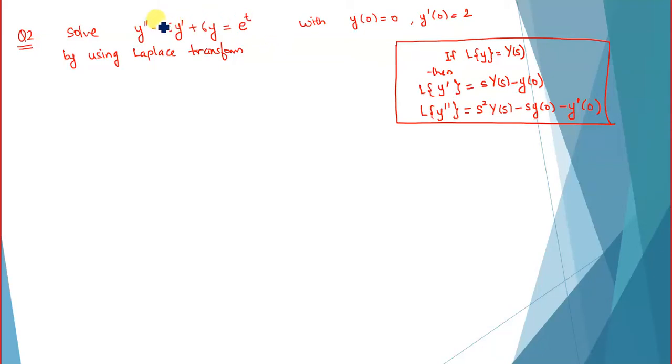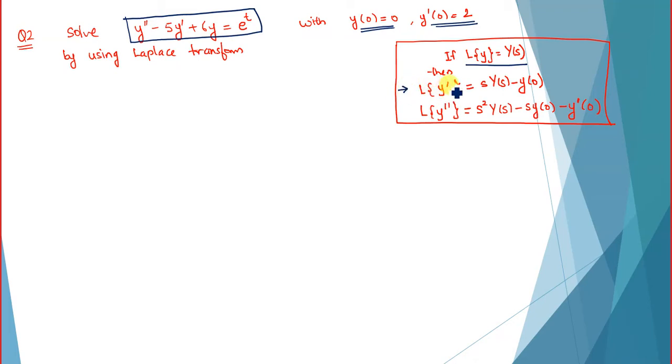So now I will explain how to solve the second order differential equation by using Laplace transform. These two initial conditions are given as it is a second order differential equation. So here we are going to use again the Laplace transform of derivatives. So if we denote the Laplace transform of y by capital Y of s, then the Laplace transform of y